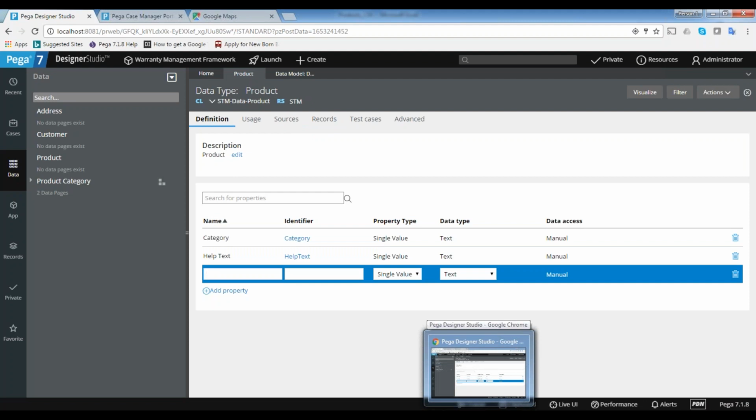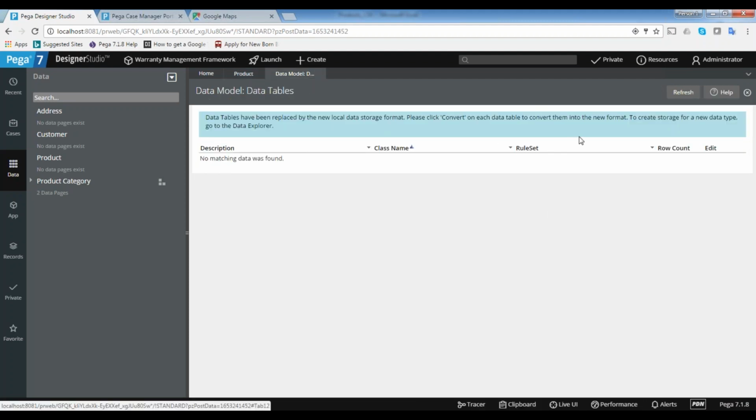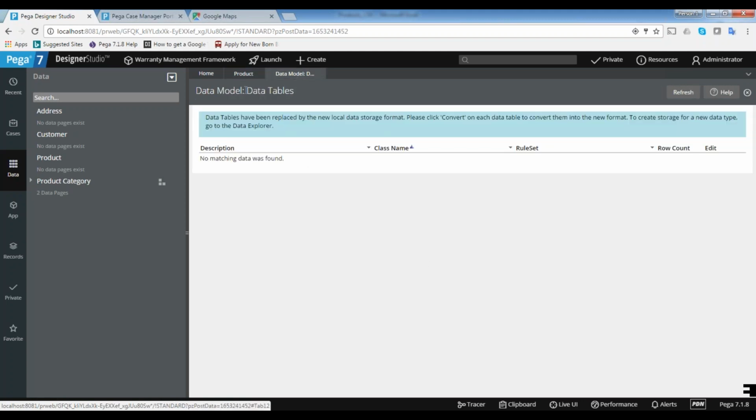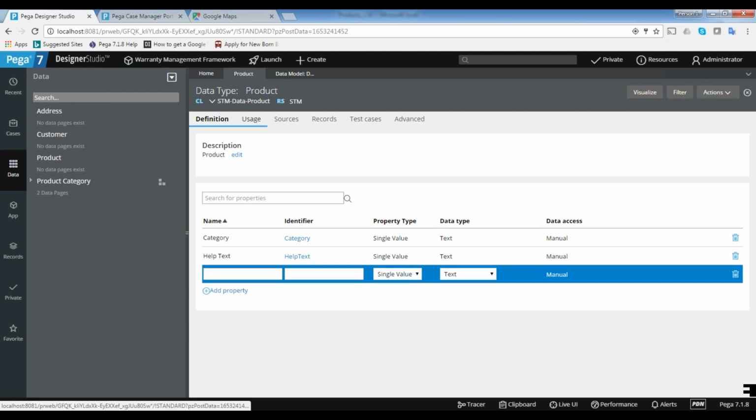Everything is the same. Here also a lookup data page and a list data page will be created. For maintaining separate tools, like here, if you want to add the data tables, you need to use a separate landing page again. There is no link between the data type, the class and the things, right? That is why they made everything in a single location.